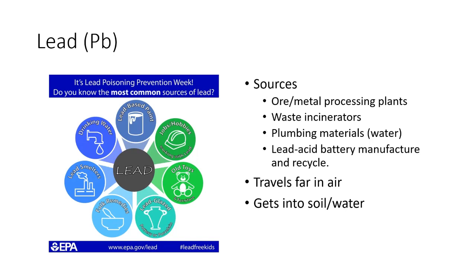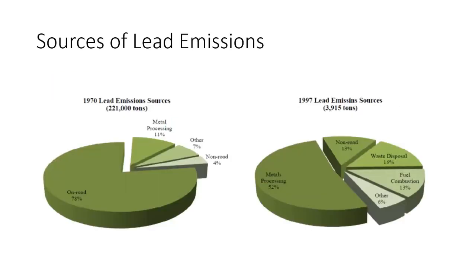Okay, so what does it do? This stuff is bad. Oh, this is another source, sorry. So this one kind of shows you the difference that makes. And I wish these pie charts were colored because you can't really get a sense of what this is. But in the 1970s, the things that were causing lead emissions, this big wedge here, 78% is on road. Okay, so basically more than 3/4 of the lead in the atmosphere was coming from cars in the